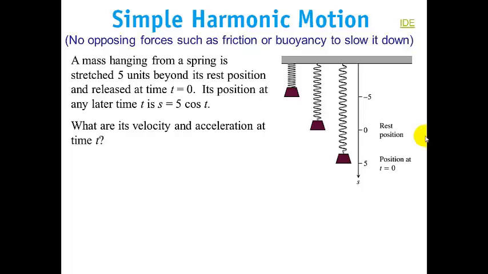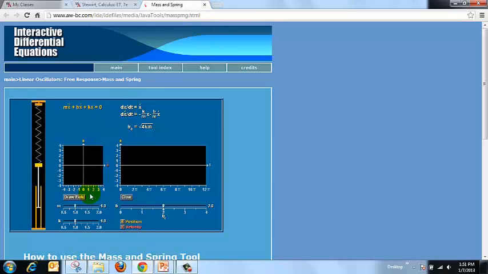We're going to look at simple harmonic motion, and this is assuming that there's no opposing forces such as friction. Let's go ahead and look at an example of this. We're looking at no damping forces, so I'm turning that off. We're going to have this in motion. I'm just going to increase the mass and decrease our spring constant a little bit so we can see the